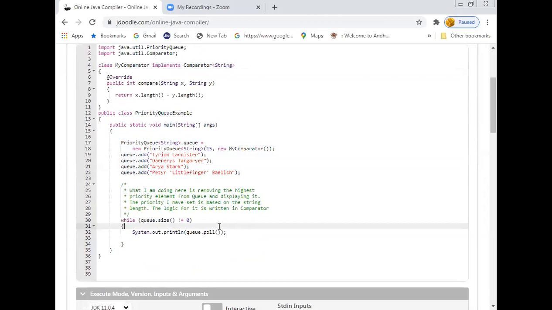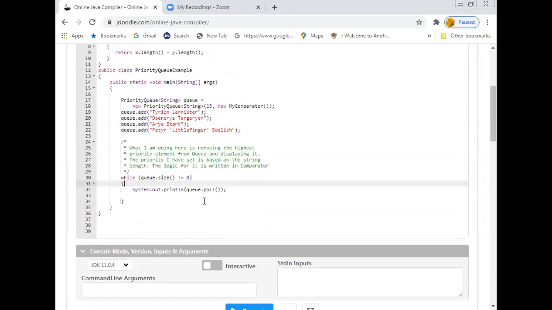Okay, so now what I would like to see is to display all these contents. What will be the poll method? As I told you, the poll method, what we have observed in the previous case, what is the functionality of the poll method? It removes the element from the head. Even if the queue is empty, it returns the null value, whereas the remove method will return an exception if the queue is empty. Okay. So now with this, I would like to delete the elements from the queue. So what is the queue that we have initially? 4 elements. These are the 4 elements.